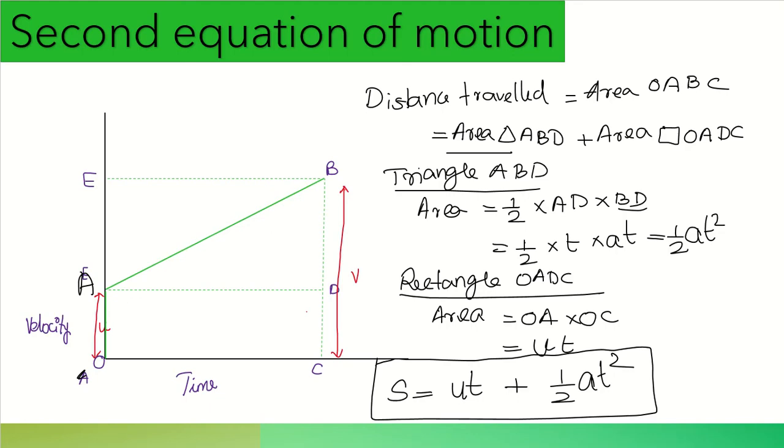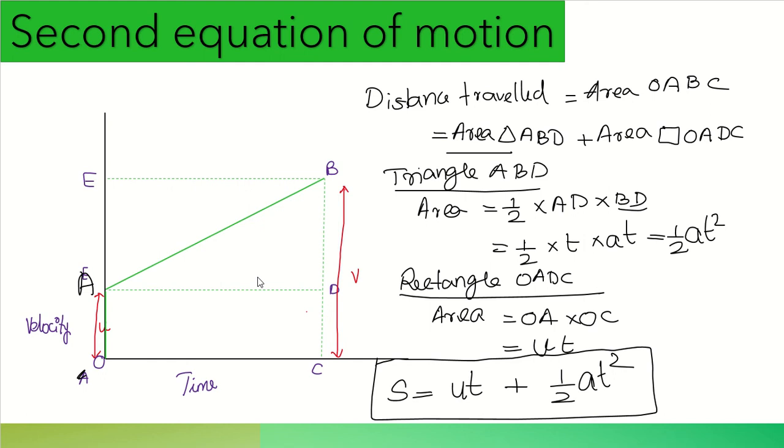If you remember that, then you will not have any confusion. If you are splitting the graph into two in second equation of motion, then for the third equation of motion, you can take the area of the trapezium. This is a trick. It used to help me when I was a student. So just use that trick. That helps you a lot, because in the exam hall you may get confused. No matter how much ever you practice, you will have a doubt which equation, from where to start, right? So first thing, be thorough with this graph. Okay, just learn, practice drawing the graph and understand the method.